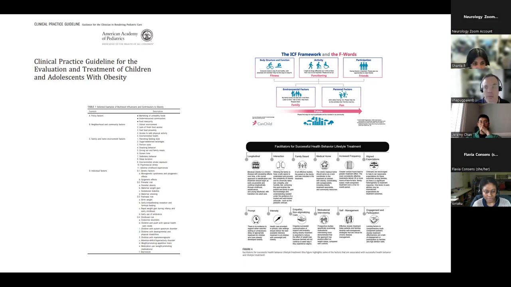This first table here briefly outlines, it's kind of hard to see, different factors that contribute to obesity in children. And you can see it's this endless list: access issues, community factors, family, environmental, individual, and they include medical problems, ACEs, adverse childhood events, all kinds of things. This is a really complex and delicate topic that I found can be difficult to